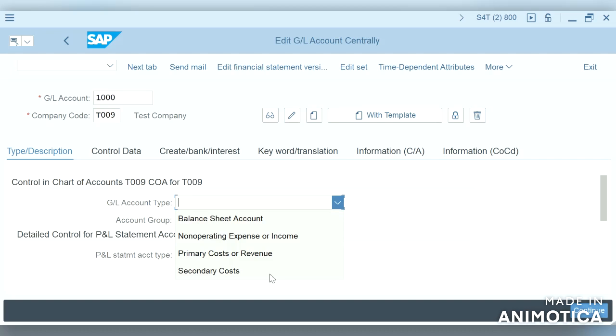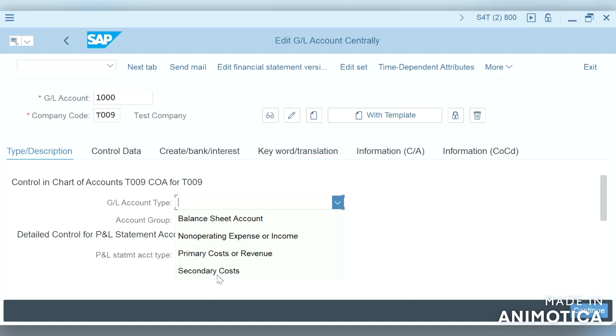In ECC it was totally different, and in SAP S/4HANA it was changed. In ECC it was balance sheet account and profit and loss account, but here the balance sheet account and profit and loss account was further divided into categories. It's like non-operating expense or income, primary costs or revenue, and secondary costs. So how it was classified?